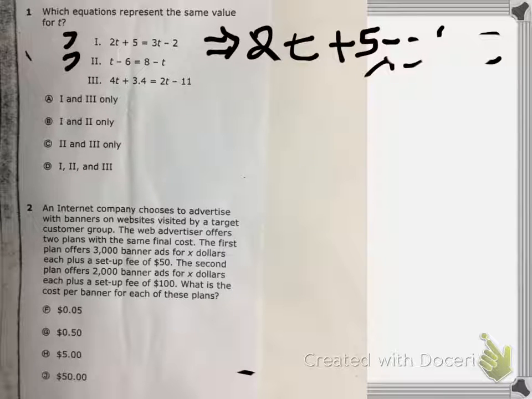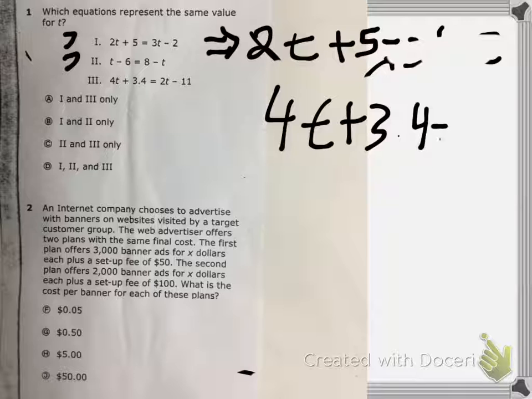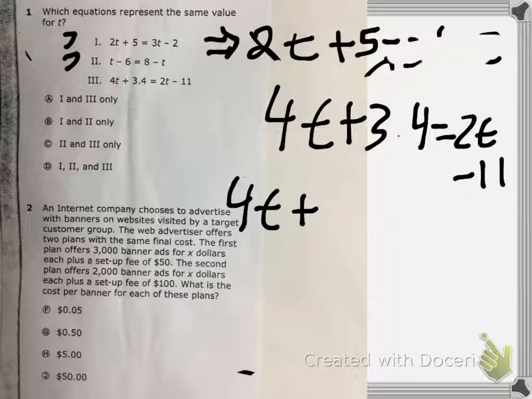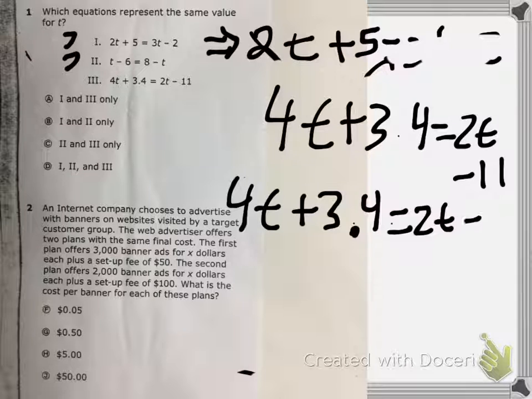All right. So for this one, I have 4t plus 3.4 equals 2t minus 11. I didn't get that clear, so I'm just going to rewrite that so it's nice and long. 4t plus 3 4/10 equals 2t minus 11. There you have it. Okay, so now from here, the first thing I want to do is eliminate the smallest